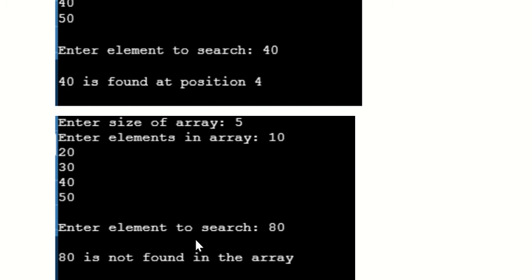If I run the same program, enter the size of the array, for example 5, enter the elements, for example 10, 20, 30, 40 and 50. Again, the element I enter to search right now is 80. Obviously we know 80 is not in this array, so it will print the message that 80 is not found in the array.